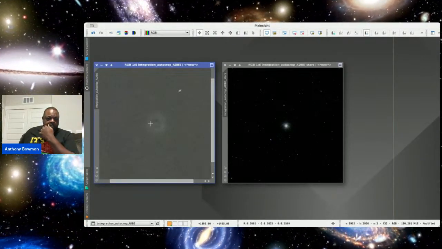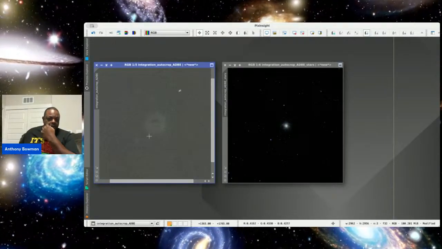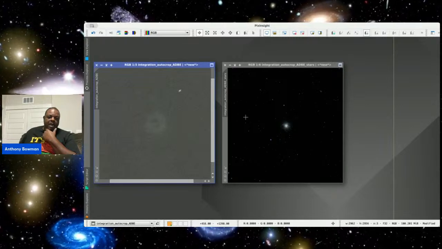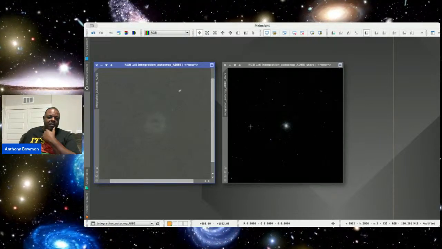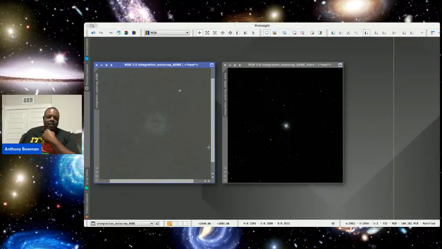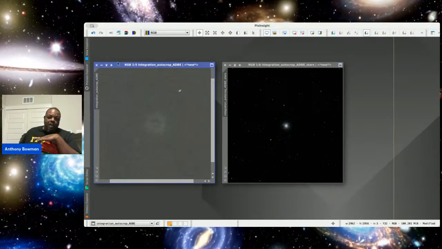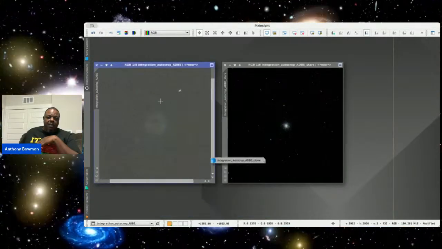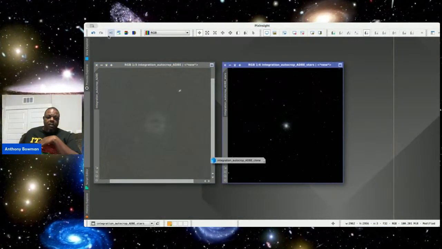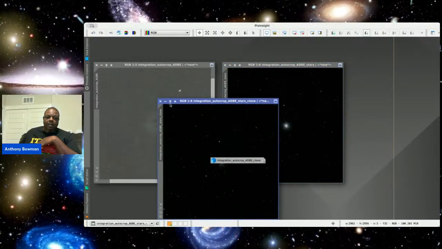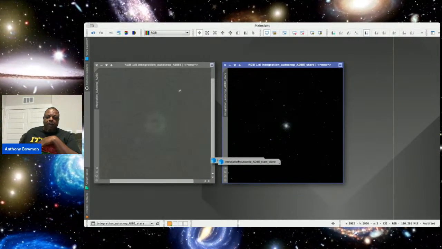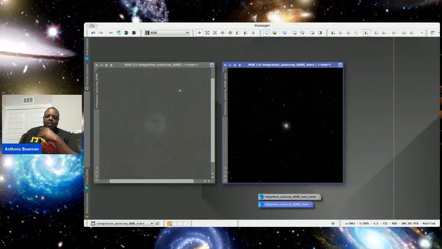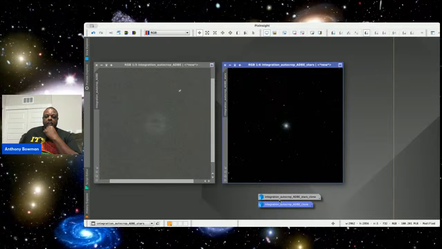Okay, I got this one stretched. I'm not gonna make any adjustments to it as far as color, or I could darken it up, but I don't know what it's gonna look like. So in those situations, what I like to do is I'll just make a copy and minimize it for each one. Just hit that button there, make a copy. So if I don't like the next step in the process, then I can just go back and start over. So that's why I like to do that.